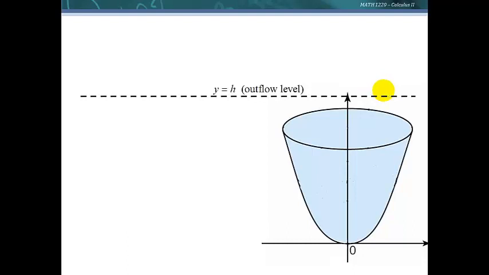Well, let's look at some representative slice here. We can see that if we pump water out that is on the level of this disc, then it has this much distance to be pumped out. But if we had a disc down here, it has a lot further distance. So we're going to look at this, and let's look at it straight on